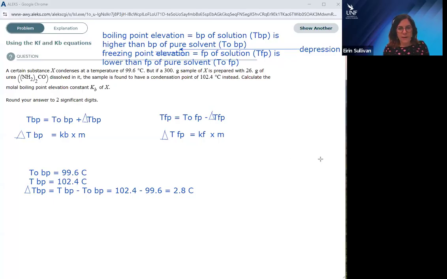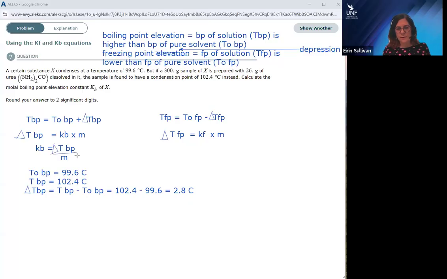And then if we are being asked to solve the molar boiling point elevation constant KB, that means we're going to need to rearrange and solve for KB. So KB is going to be delta T BP, which we have already calculated, divided by the molality. Whether you're dealing with boiling point elevation or freezing point depression, you are going to have to